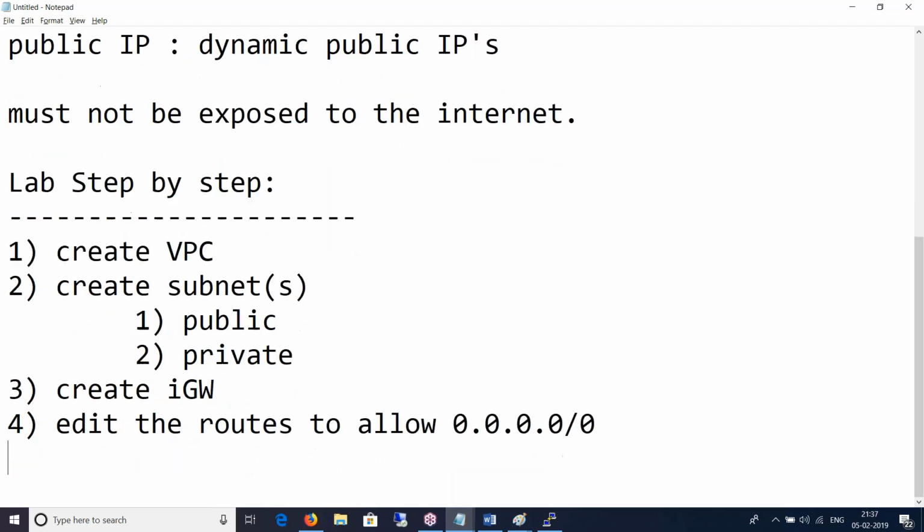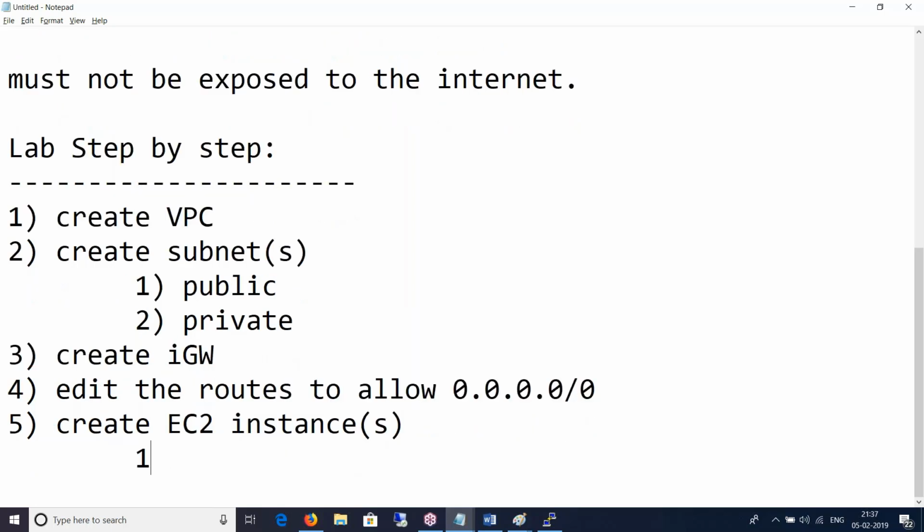0.0.0.0/0. Okay. Next, I will create, oops, step 5, create EC2 instances. I will create 2 EC2 instances.